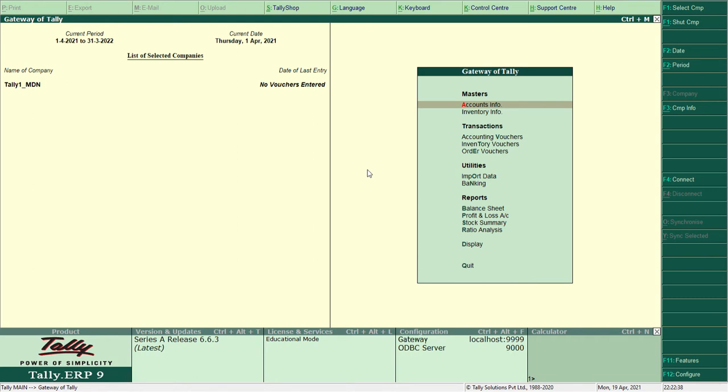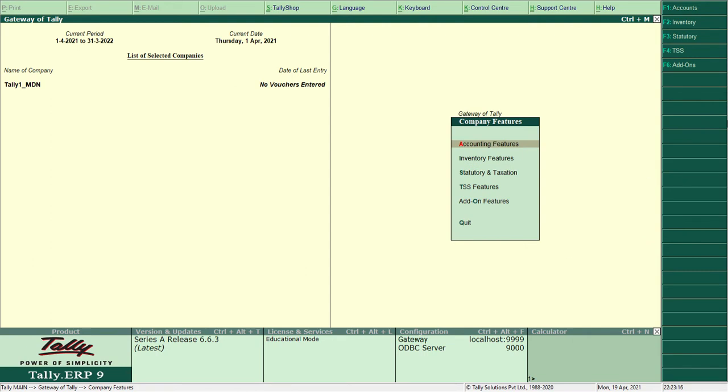how do I open the previously created company. So right now I'm in Tally 1 underscore MMDN, my initials. Here only I will create the company which I have already created. I will use the assignment file to create ledgers as well as some sundry debtors, sundry creditors, etc. First of all, let me rewind whatever we have done, whether it is there or not. F11, company features, just to show you that